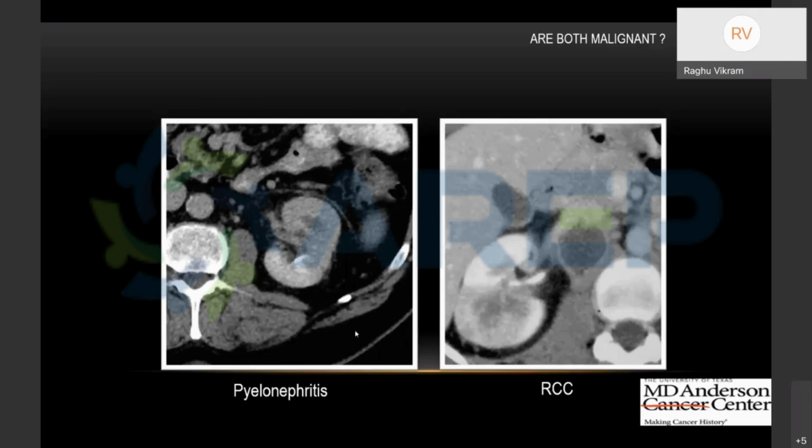And how do you tell the difference? It is really hard, but sometimes you can get clues, such as in this patient, you have a necrotic metastatic node. You rarely see enlarged lymph nodes in pyelonephritis, but if you see enlarged and necrotic nodes in the retroperitoneum, it is likely that this can be renal cell carcinoma. Right? So you use not just the masses as such, but a lot of other ancillary features to